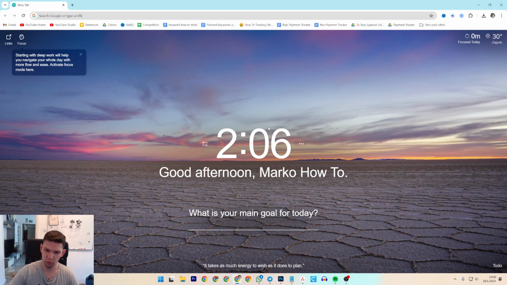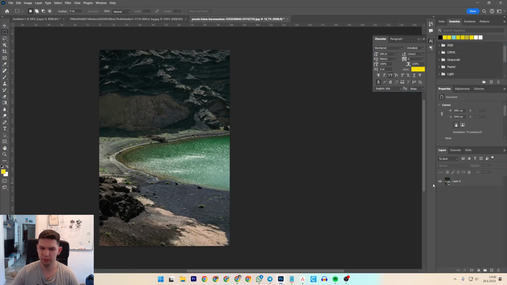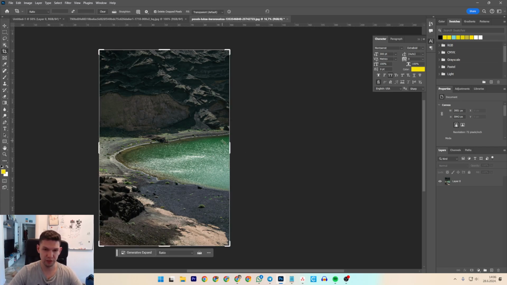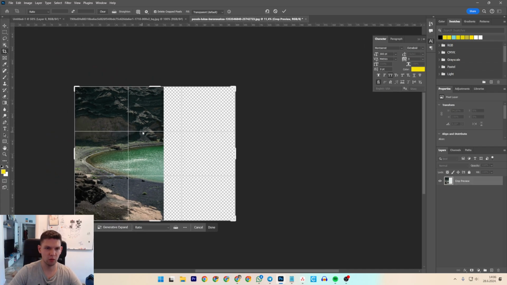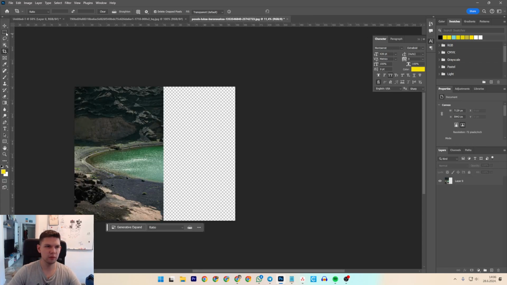So basically, what you want to do is open up your Photoshop, and from there input the image you have or that you want to extend the background of using the generative fill. So first you must press C on your keyboard and make it wider on whatever areas you want. So for example, I went with this side. Then just confirm it. Then go to the select tool right over here and choose the entire thing and click